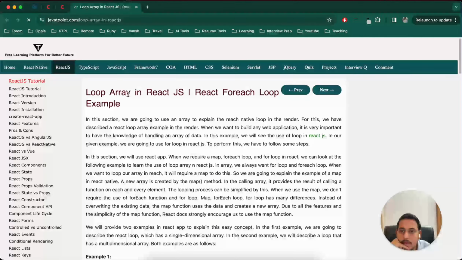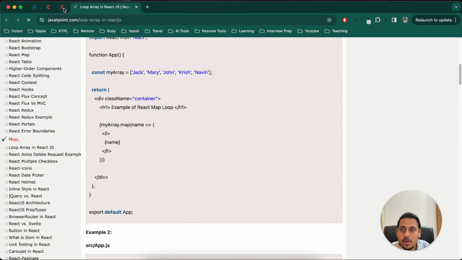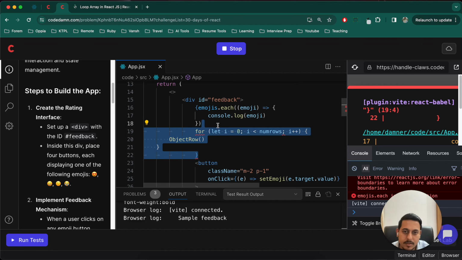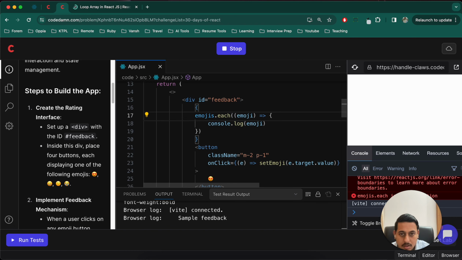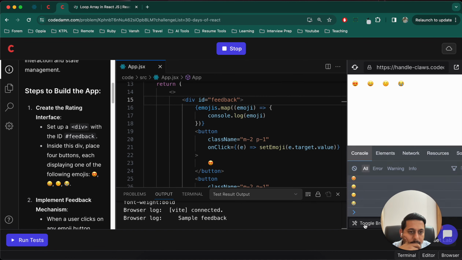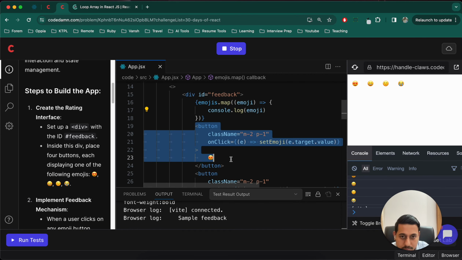Let's see. Dot map. Okay, dot map. Oh, now I remember. Dot map is a better one actually. Map. Now let's check this, refresh, and we can see all the emojis are there. So now from that we can try to create this button,